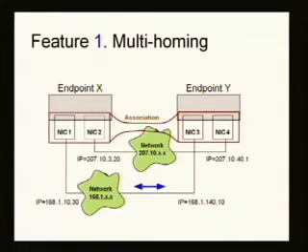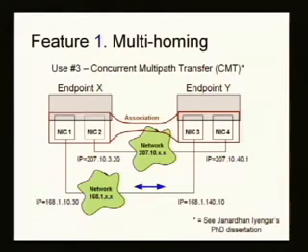Naturally, since there are multiple independent paths between various endpoints, you might, as an administrator, be thinking, well, I'd like to take advantage of all that bandwidth. There's a whole other path being wasted there for fault tolerance. So there's been work at the University of Delaware on an extension for SCTP that uses the paths not just for fault tolerance and failover, but all of them simultaneously to transfer data.